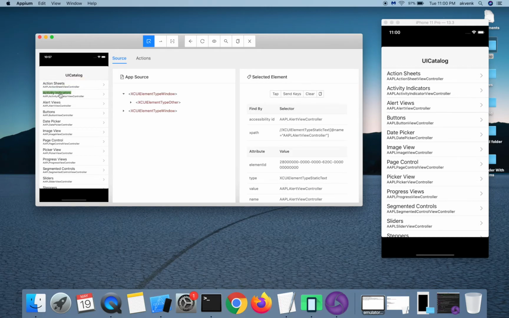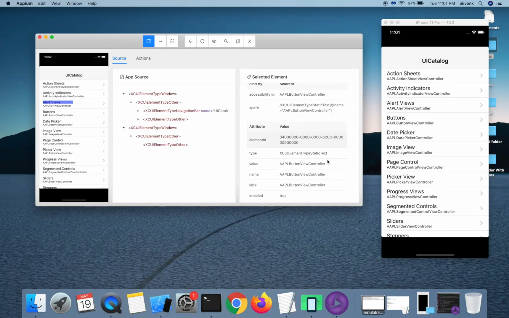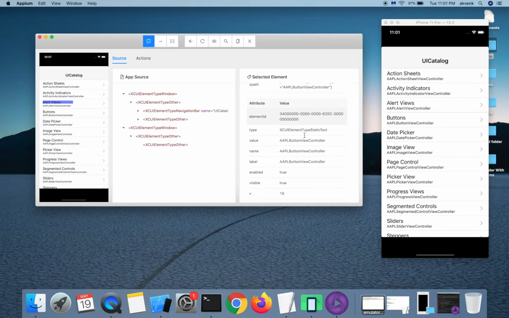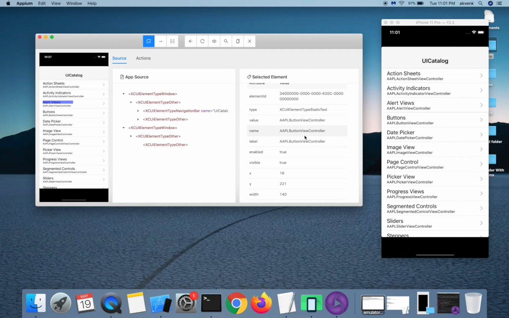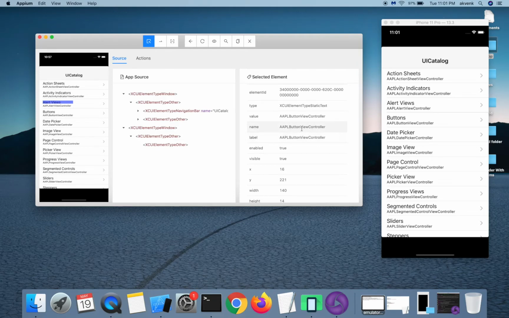The center section shows the app hierarchy and it is in XML format, and on the extreme right you can see the element locator values. These properties are important because we will be using these to identify the element and perform actions on it.